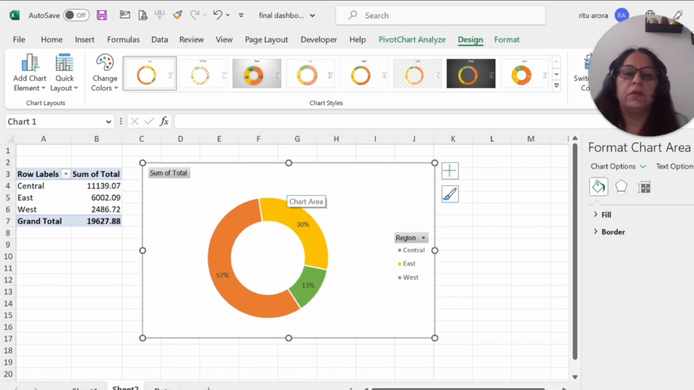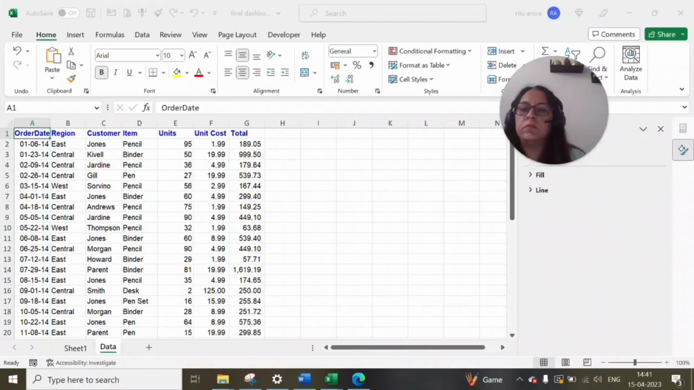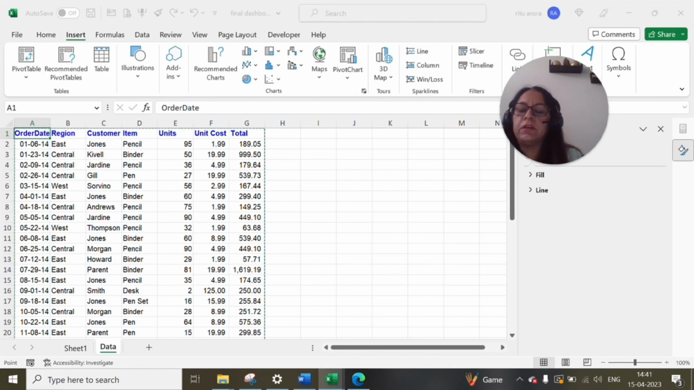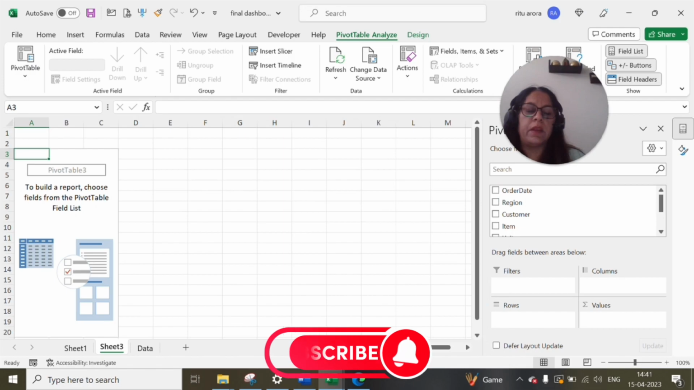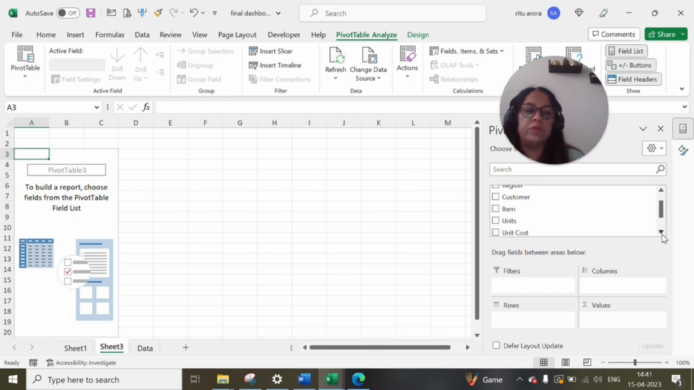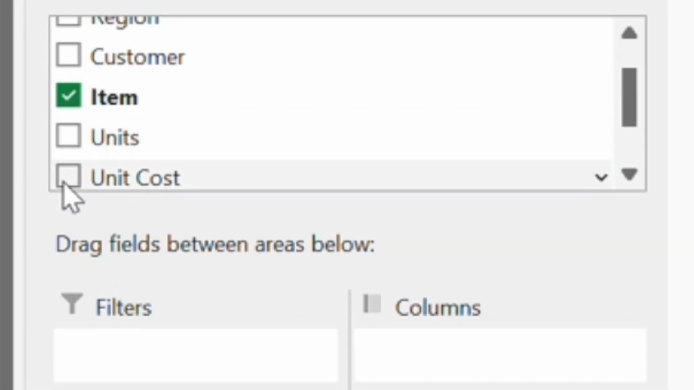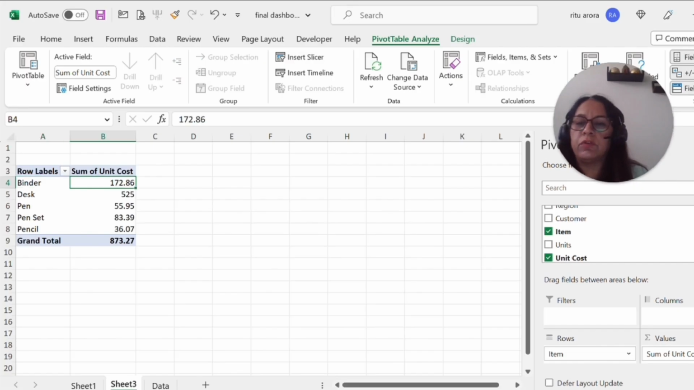So we got the donut region wise. Okay, now as we are done with the donut chart, now we are going to create the next chart. So I'm going to create the pivot again using Alt N V T. And now this time I'm going to use item and unit cost. So I have over here the item and the unit cost, and I'm going to create